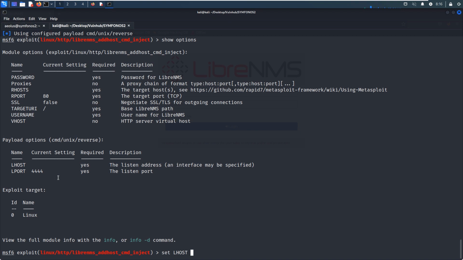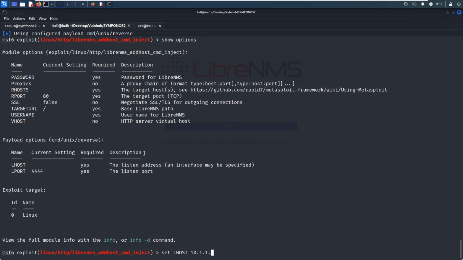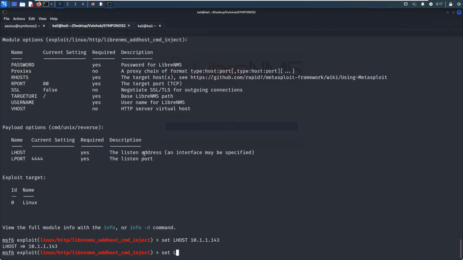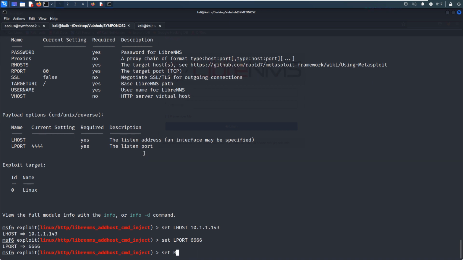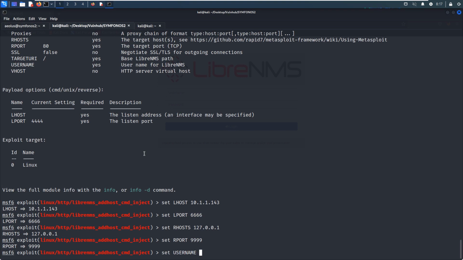We need to set the local host to our Kali Linux. What is the IP address for the Kali Linux? Yeah, 143. Set the port number. We can set it to something like 666. And also we can set the remote host. In this case it is localhost. And the port number, I think it should be 9999, right? And the username is